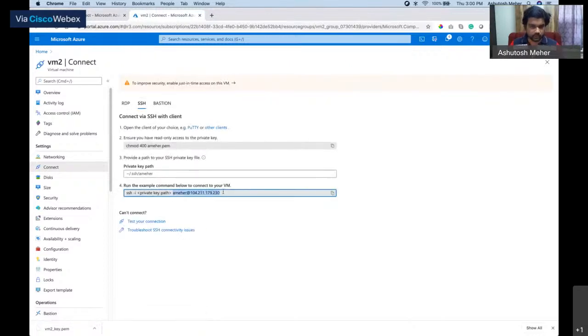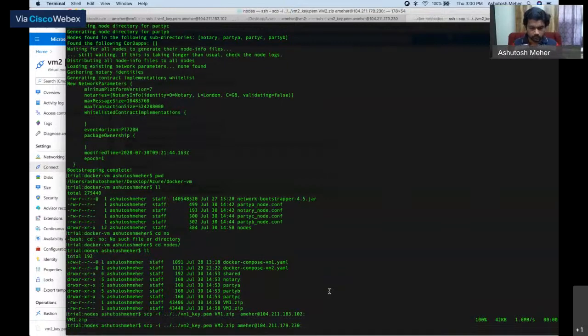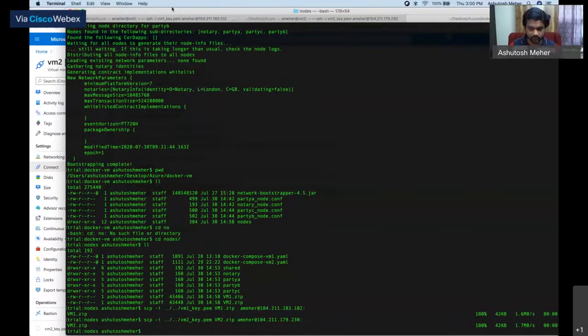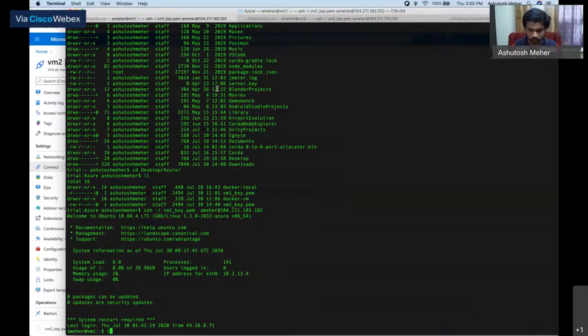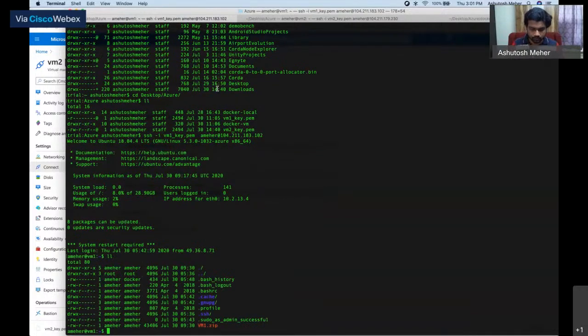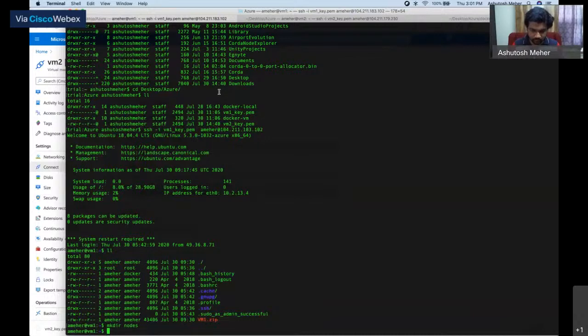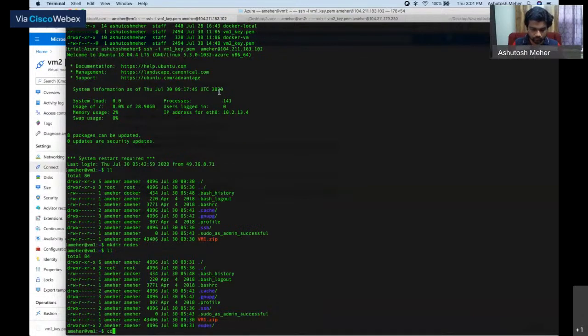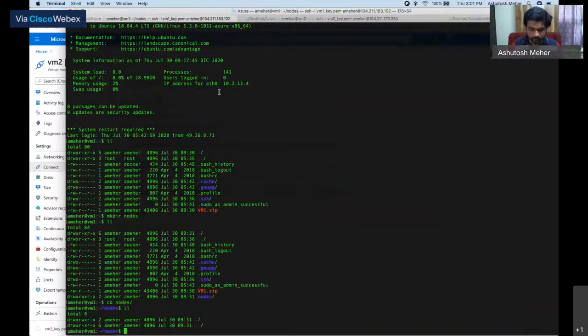This is where I need to send it. And that's it. So my file should be here. It's VM1. I'll just go ahead and create a folder called nodes, move to nodes, move the VM1 in here.